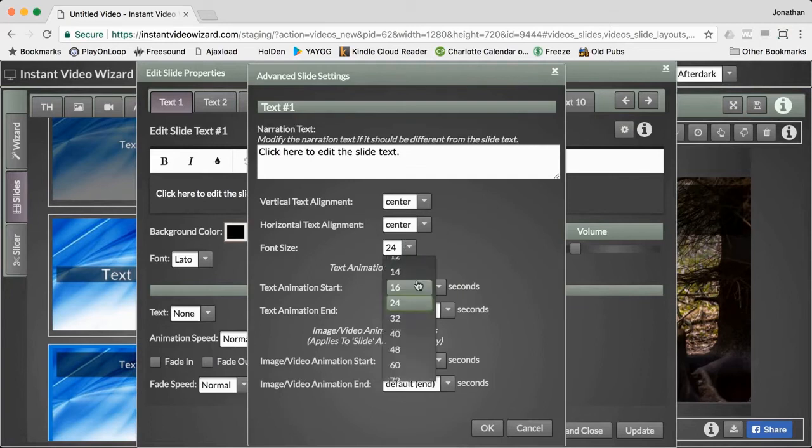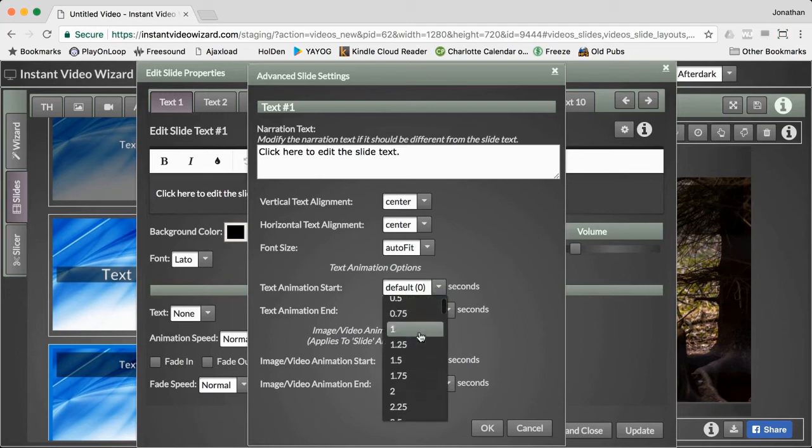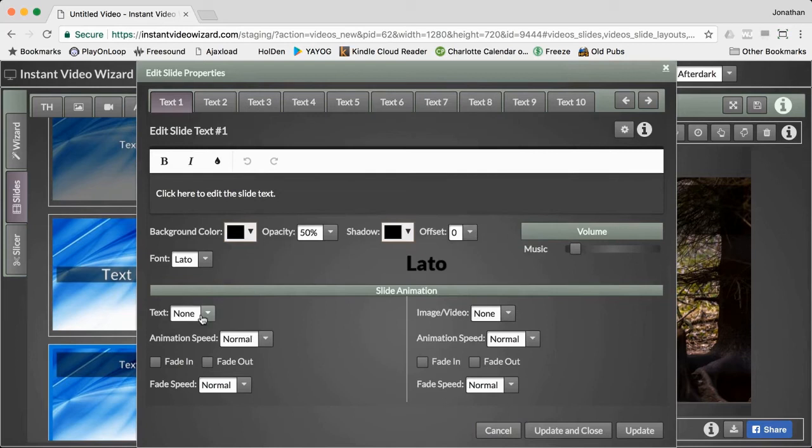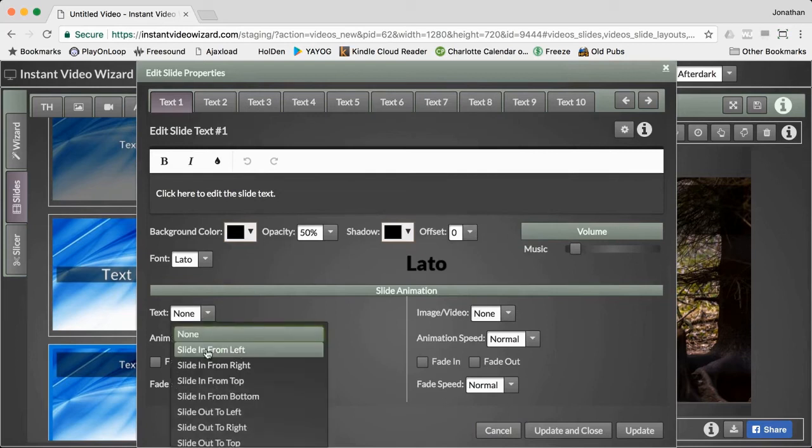You can also tell the system when to start and stop the text animations for the text block by selecting the start and stop times here. So for instance, if I put some text animation on this text block, text number 1, and I want it to start 1 second after the slide starts, I can do that. So I'm going to set that to 1, and I'm going to select slide in from the left as my